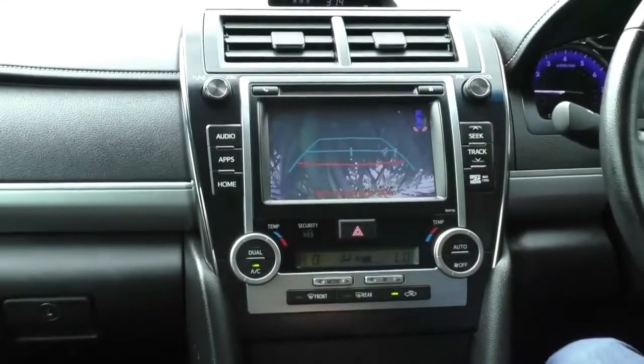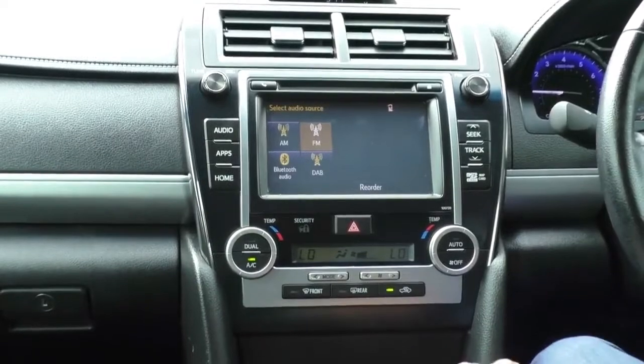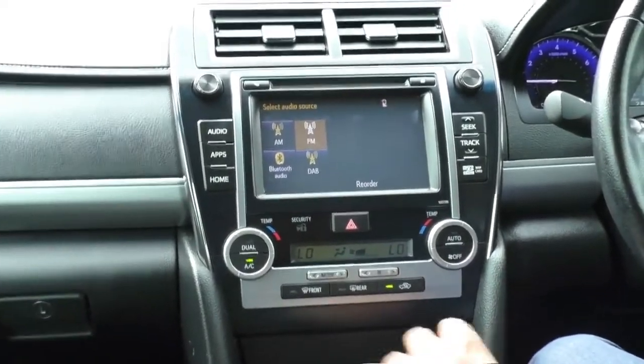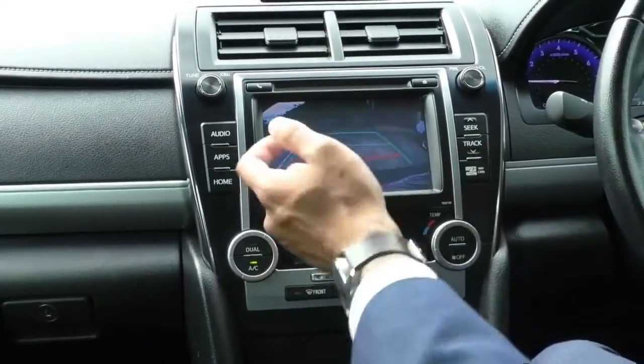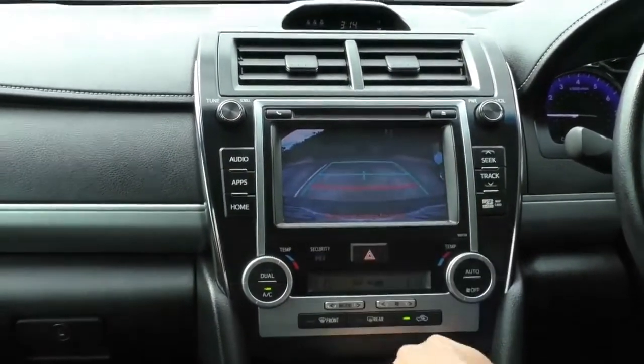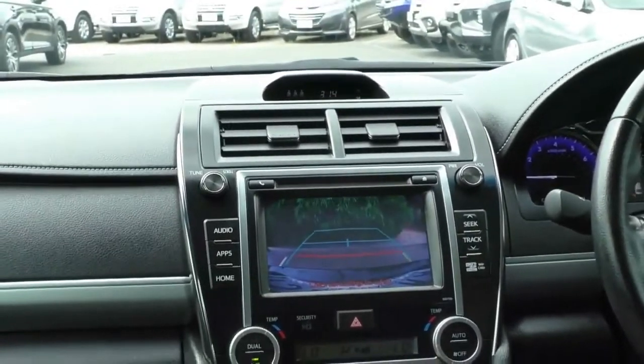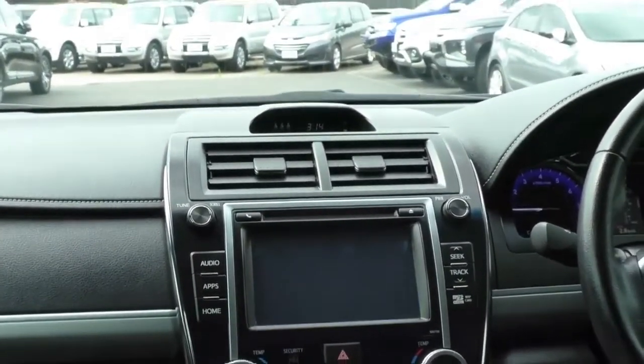really clear reverse camera. Now it's just near a bush, so I'm going to pull it forward so you can see what it is. So now if I put that into reverse, you can see quite clearly the reverse camera. The rear bar there is located at the bottom, and you've got all your guiding lines to pretty much guide you on how to park. So I'm just going to pull up here, and the sensors will also beep to notify me of where I